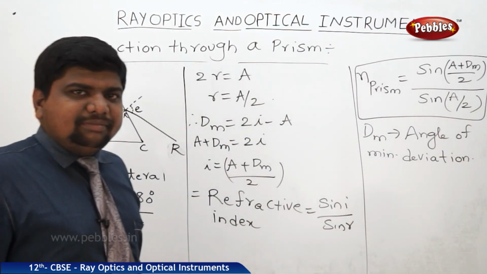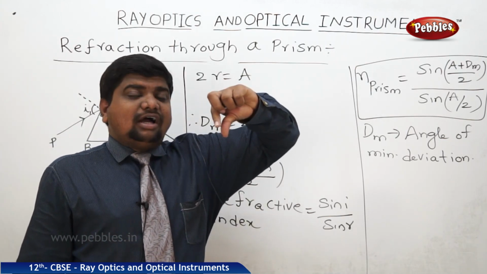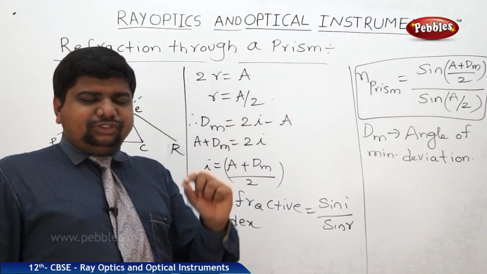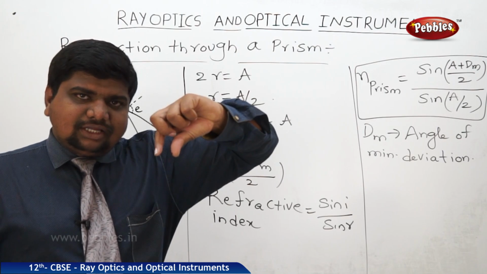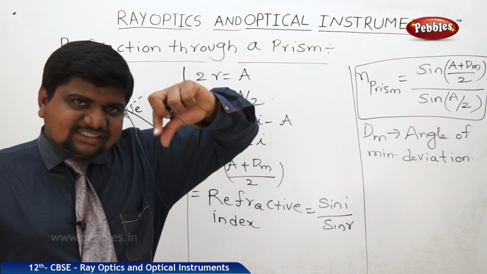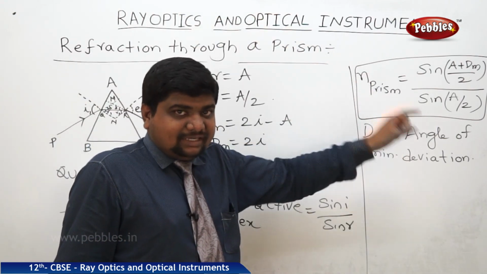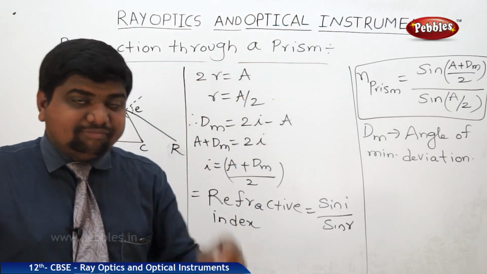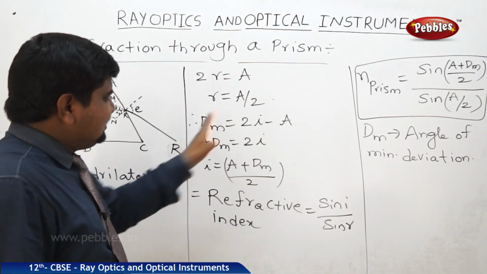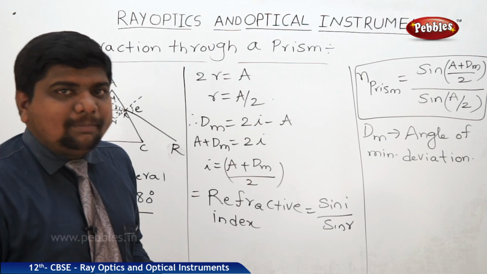So what is the meaning of minimum deviation? For such an angle of deviation, with a small rotation of the prism, the order of the spectrum will be reversed on the screen. So it will be a minimum value. So we should not rotate the prism fast. Slowly, if you move the prism by small variations of the angle, then you can see the reverse order of the spectrum on the screen. So for that, the angle is called the angle of minimum deviation. It depends upon the thickness of the prism also. So this is the information about the angle of the prism and the refractive index of the prism.